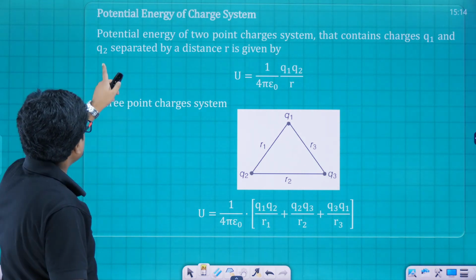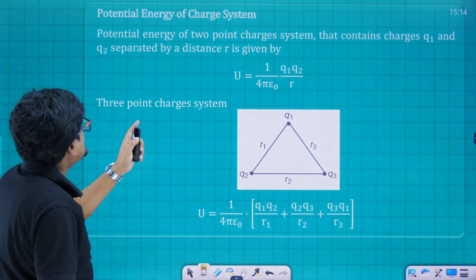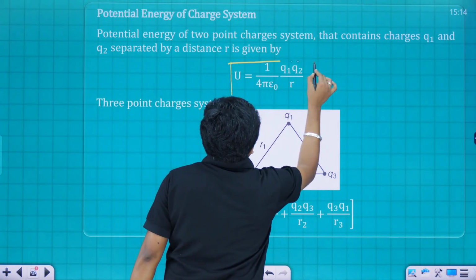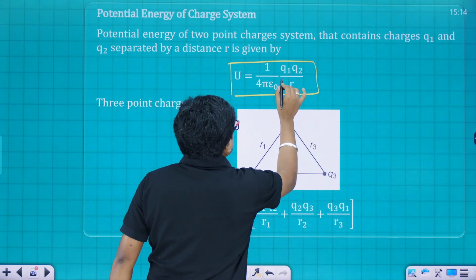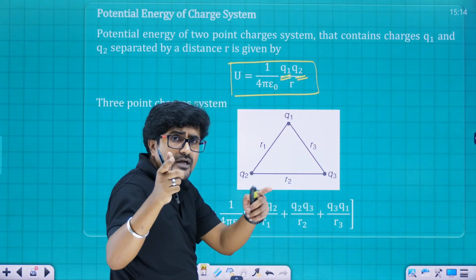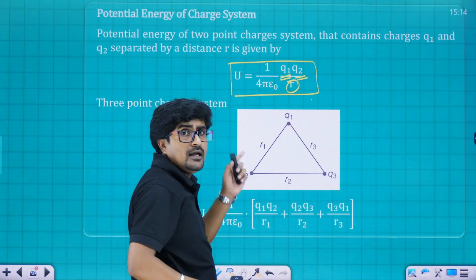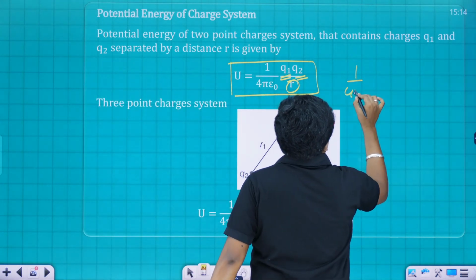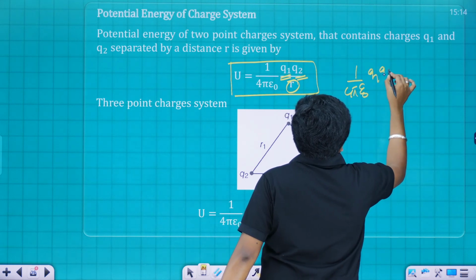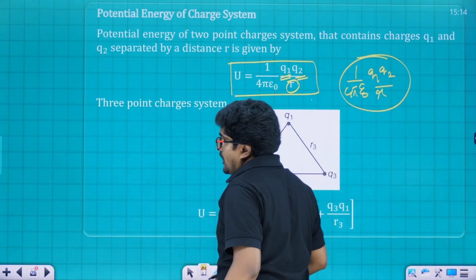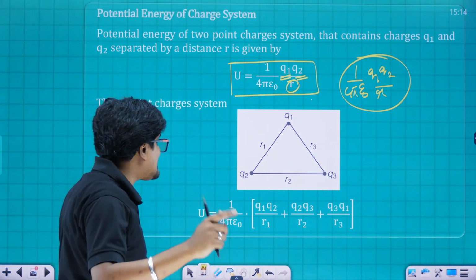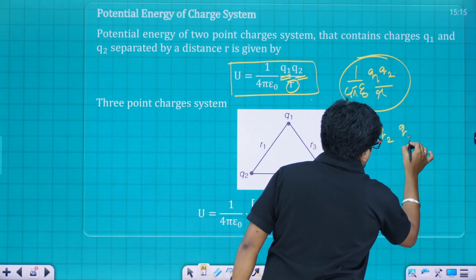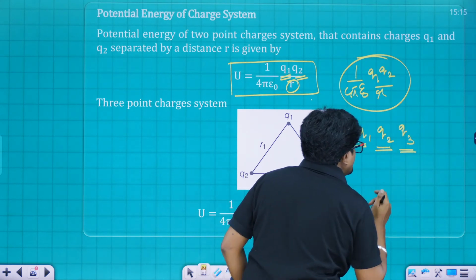Now moving to the next, that is potential energy of a charged system. Here in this case, I am considering two charges, Q1 and Q2. They are separated by a distance of small letter r. Then the electrostatic potential energy is 1 divided by 4 pi epsilon naught, Q1 Q2 divided by r. And if you have a system where three charges are there, like Q1, Q2 and Q3,